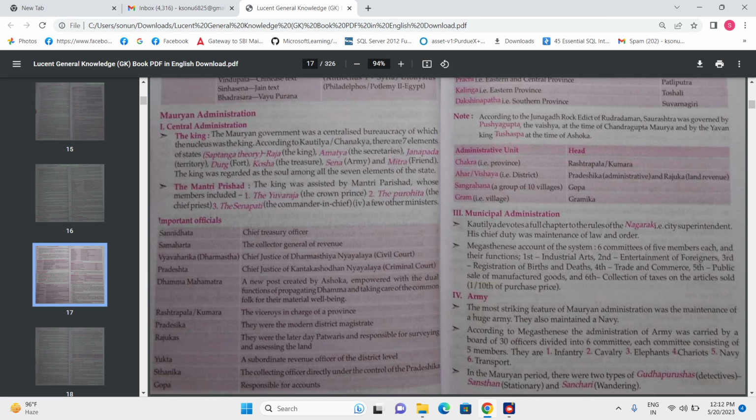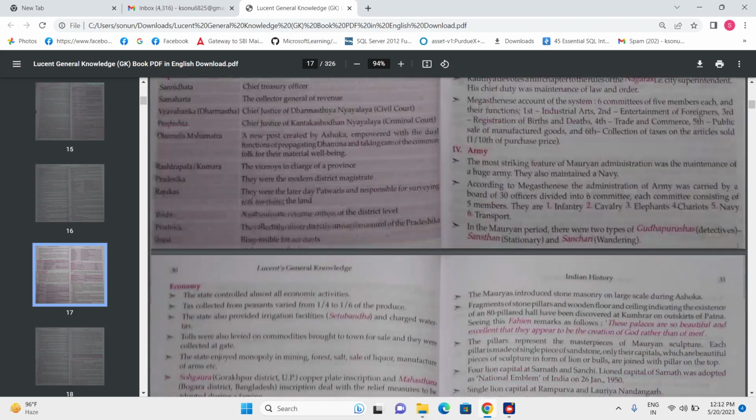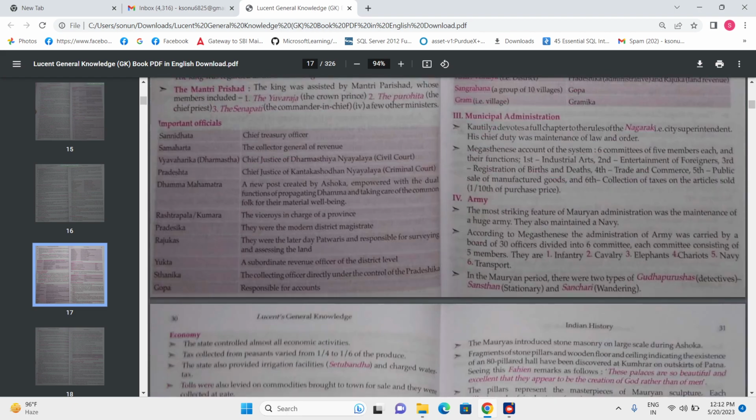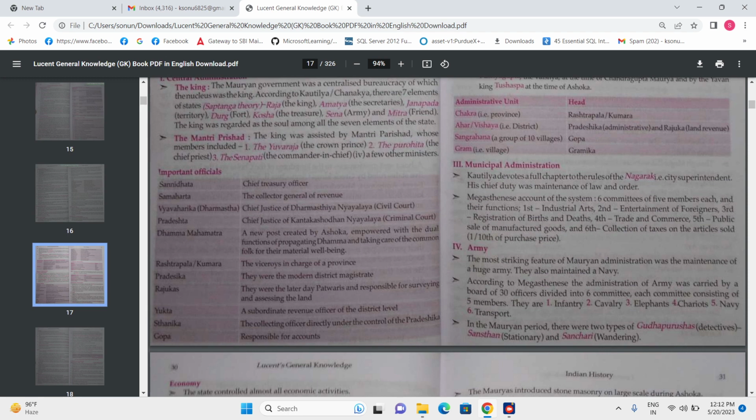And apart from the king, the Mantri Parishad. The king was assisted by Mantri Parishad, whose members included Yuvraj, the crown prince, the Purohita, chief priest, and Senapati, commander in chief, and a few other ministers. So this is the list of ministers. Let me explain one by one in short. Sanidhata, Chief Treasury Officer; Samaharta, Collector General of Revenue;